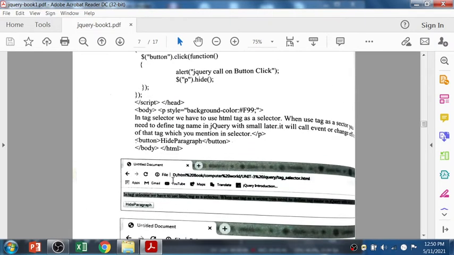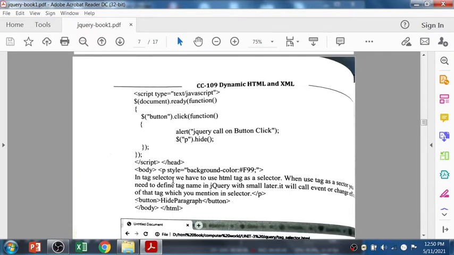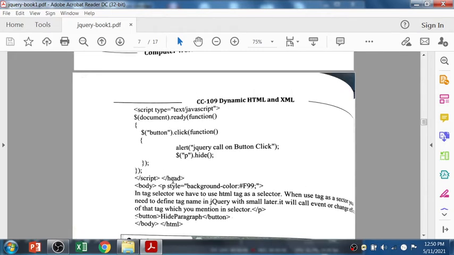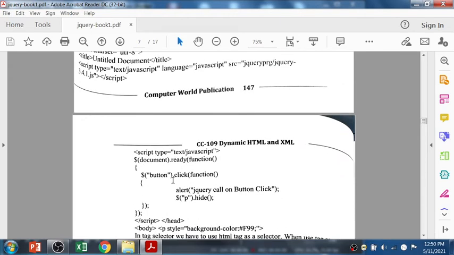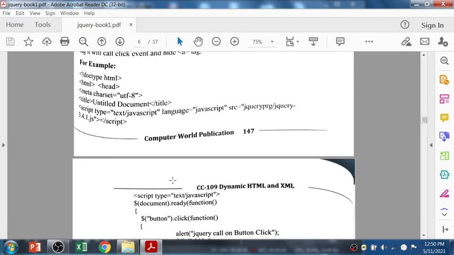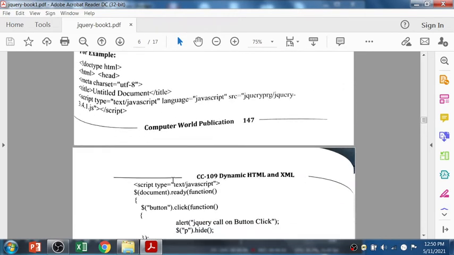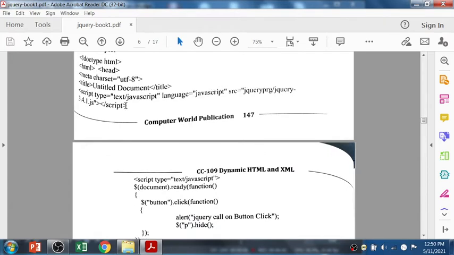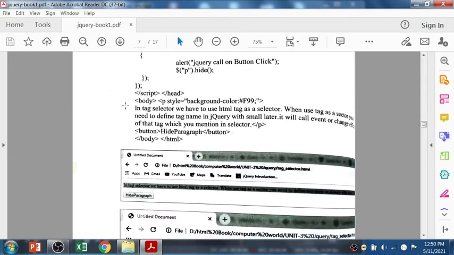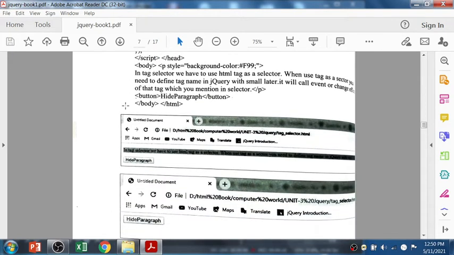You can pause my video and read the syntax, and you can complete this program as well. The HTML syntax, title and all those are very basic things, so I am not going to discuss that.